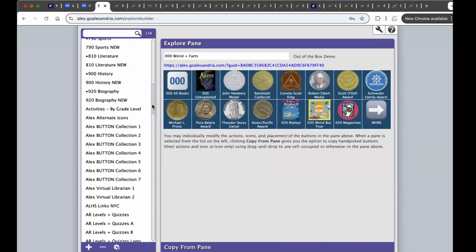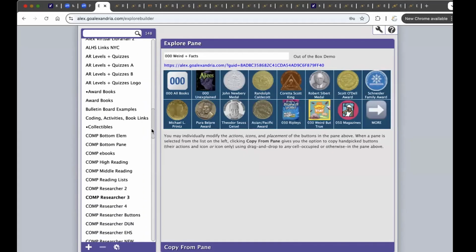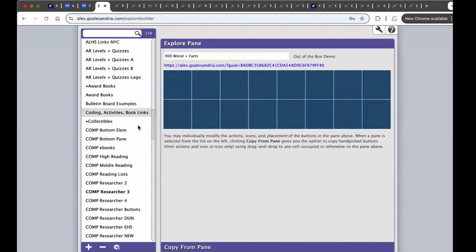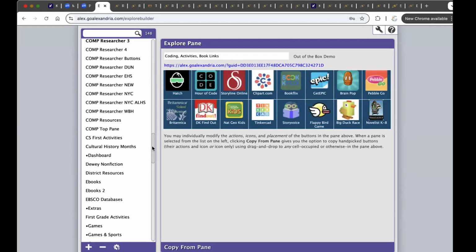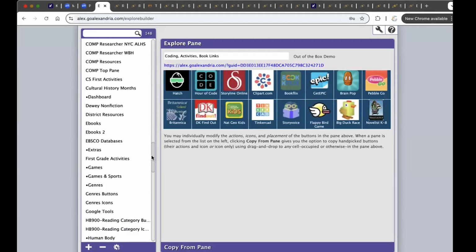And we're just going to look at some of, here's an idea about doing a focus on coding. Some of the other things. I did have one that was